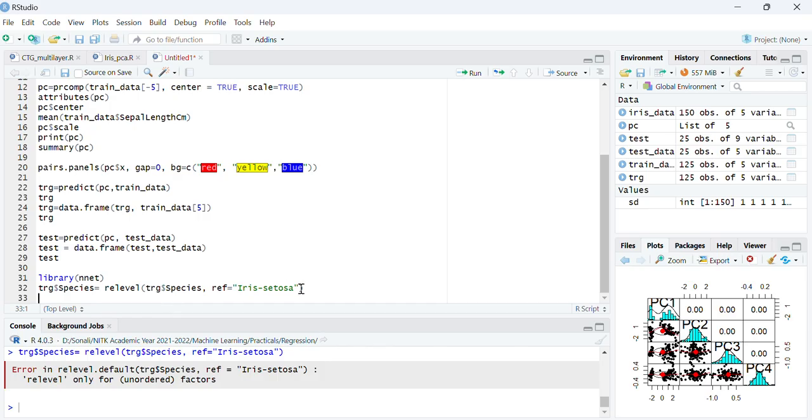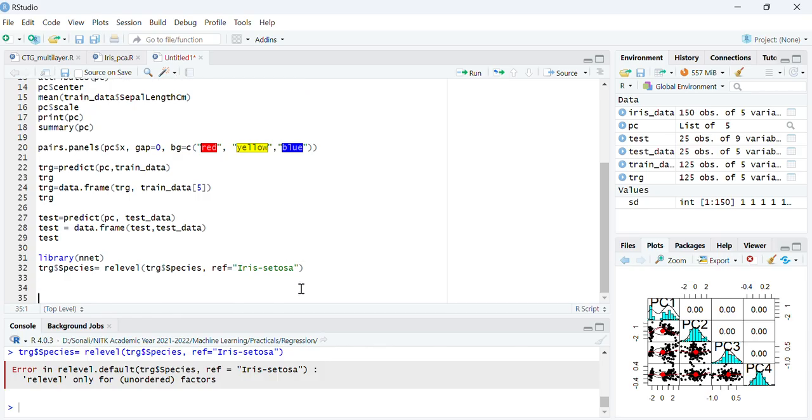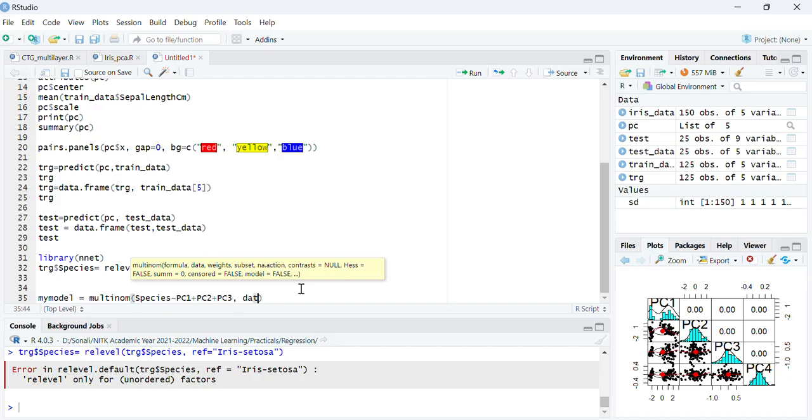The name of my model is my model multinom, which is a type of logistic regression having more than two classes. You want to do it using PC1 plus PC2 plus PC3. I want to do it using only the three principal components. Data is equal to